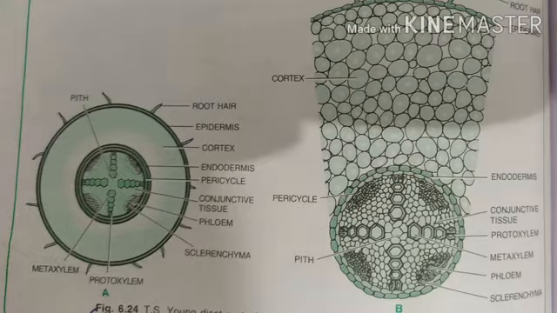Then the next one is vascular bundles. Now you know that vascular bundles in roots are present in exarch condition, and they are present on alternate radii. So they show radial arrangement. And conjunctive tissue is present between xylem and phloem, consisting of parenchymatous cells. Again, in the center you will observe pith. Pith is usually small, or it may be completely absent. So this is the internal structure or TS of young dicot root.